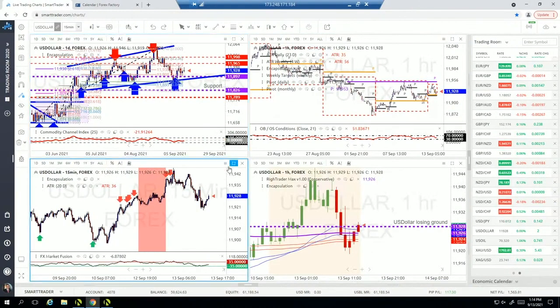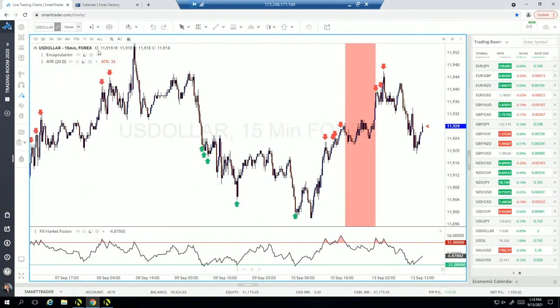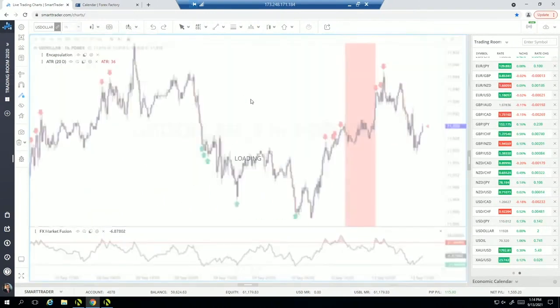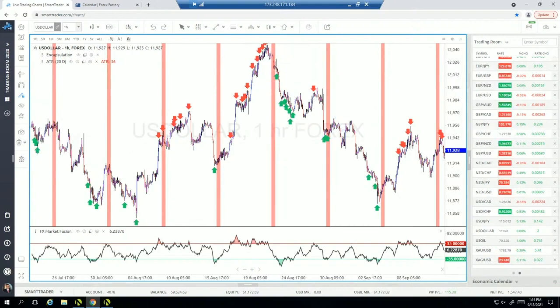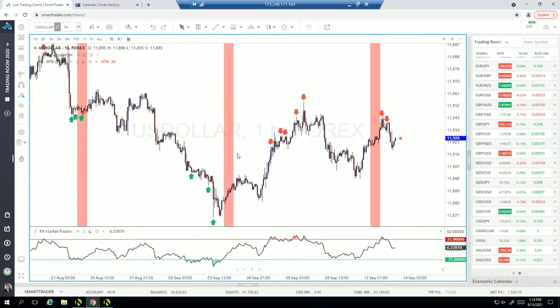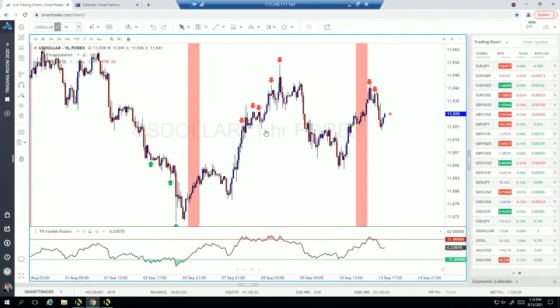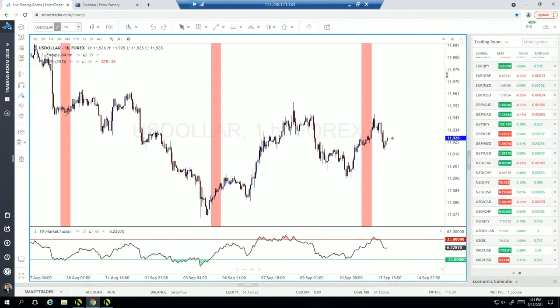And so if I go back to the chart right here and dig down to the lower time frame, here's the 15. Let's go ahead and pull up a 1 hour. Take a look at the 1 hour. I'm going to just kill this. Yeah, we can kill this. I always like to clean up my charts. And so if I look at the 1 hour right here, you can see this is the swing that I saw on that